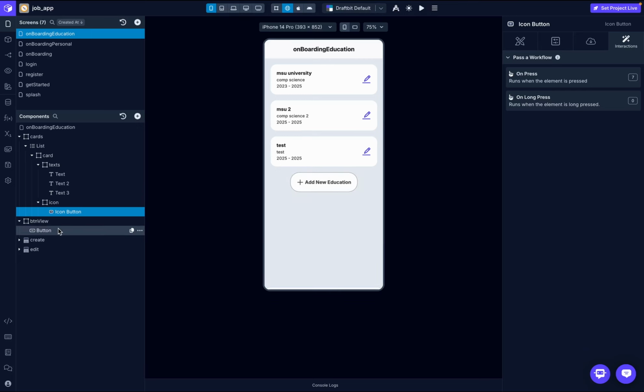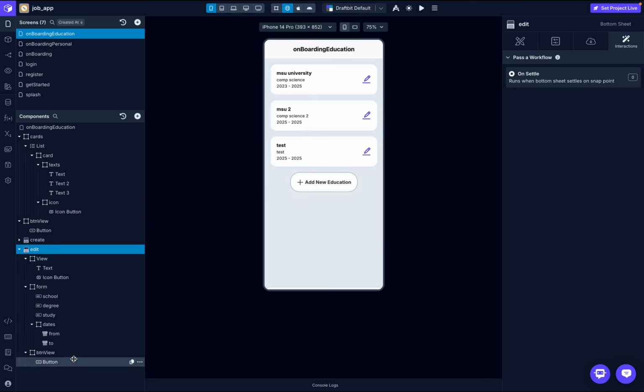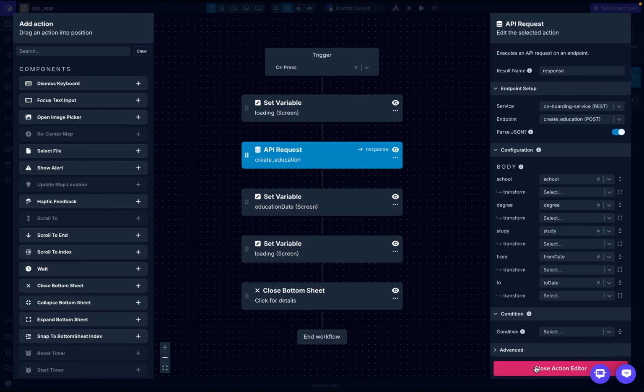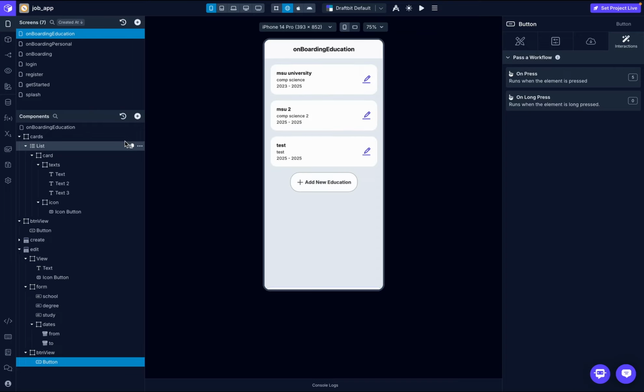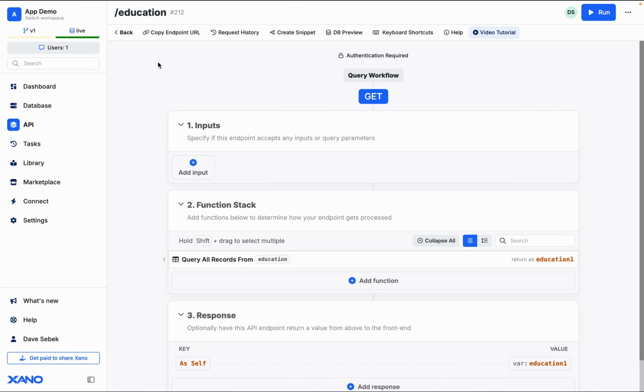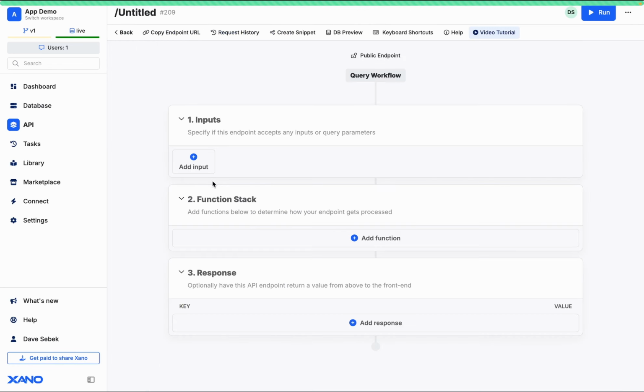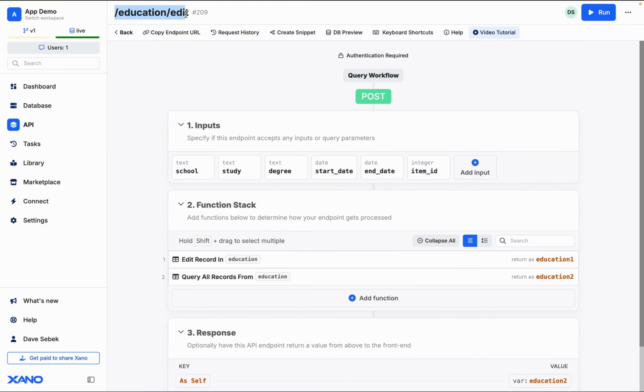And now we need to set up the edit functionality. When we click this button that says save, we need to come in here, and instead of create here, we're going to edit. But right now we don't have that functionality set up. So we need to come back here. Then we need to come here, which is education, post education.edit. We need to copy this,